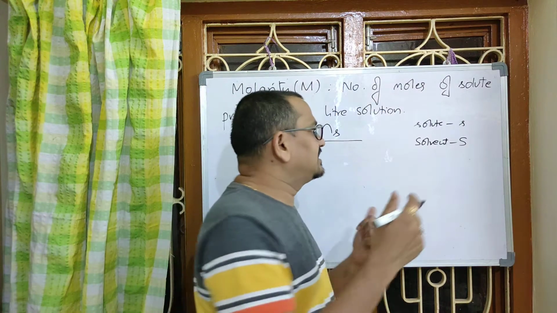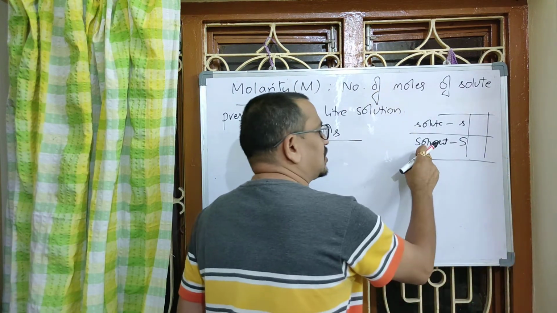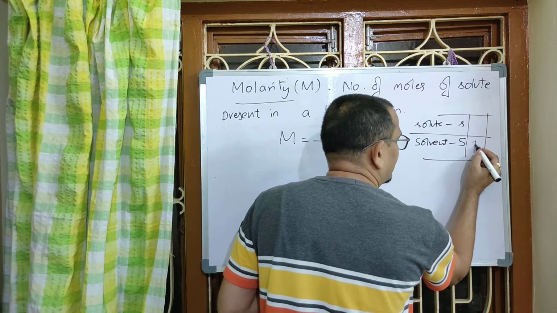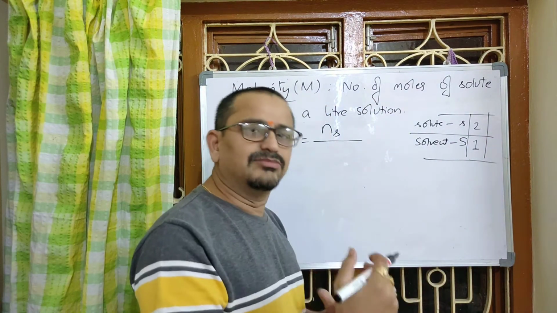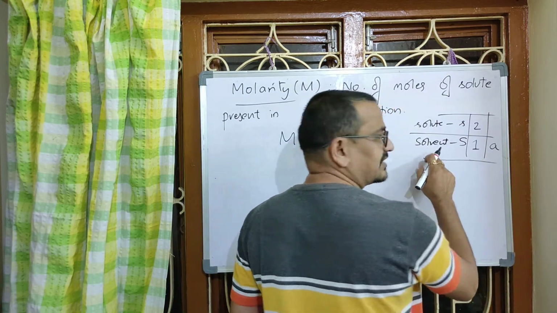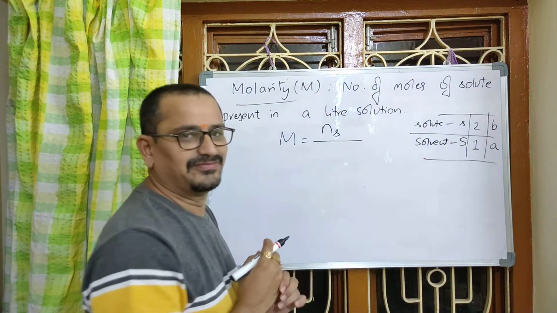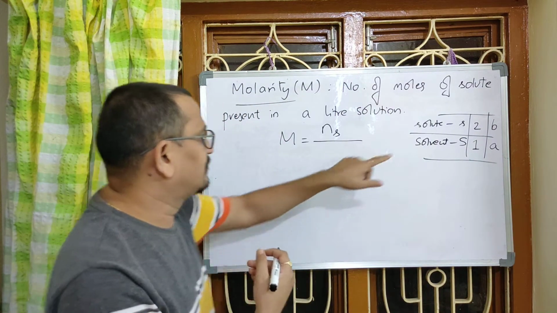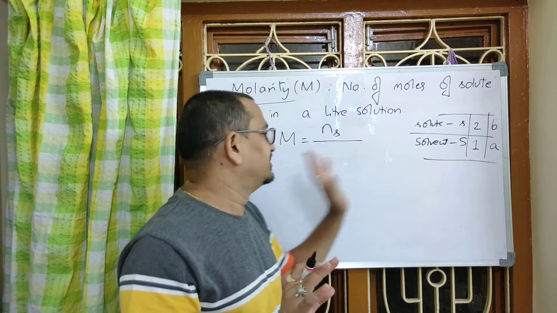There is another set of representation actually. In some books, they may present solvent as it is the major component in a binary solution. They may give the number 1 for solvent, 2 for solute. In some books, some authors may assign small a for solvent because of the first preference and small b for solute. So better you be aware of all these notations. In our class, we are following small s for solute, capital S for solvent for our convenience.